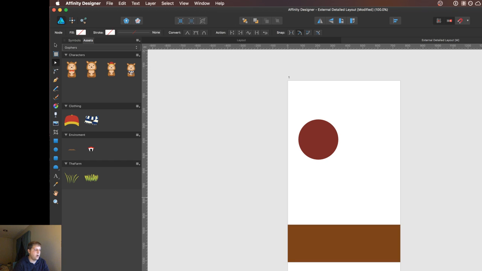We're going to call it ground. This will be house. This will be path. Ground itself is